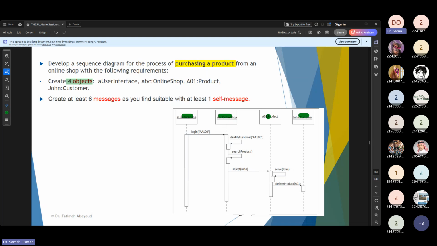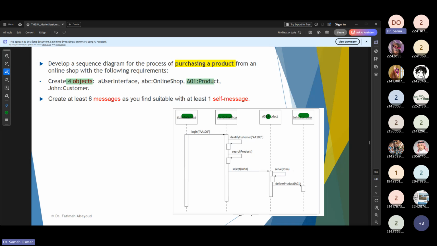Here you can say not login, you can say just searching for the item, like the previous scenario, identifying the item, put into my cart. Like that, you will keep creating your scenario. But here you see the difference here is clearly say A01, this is a product I want to purchase by